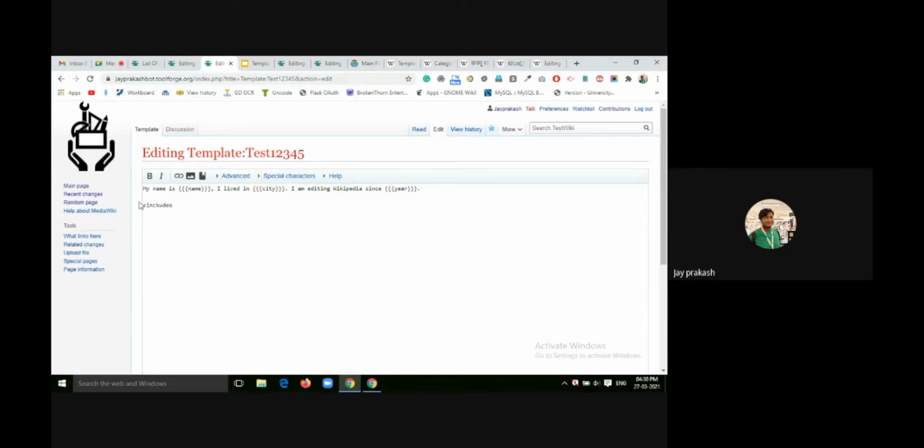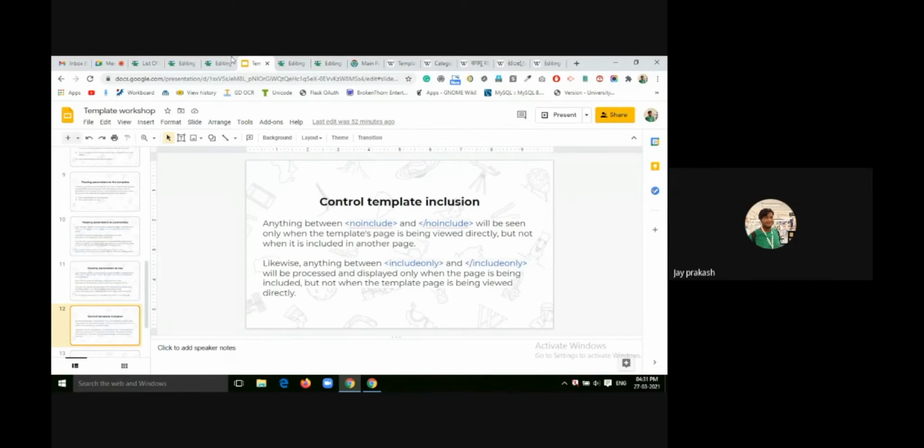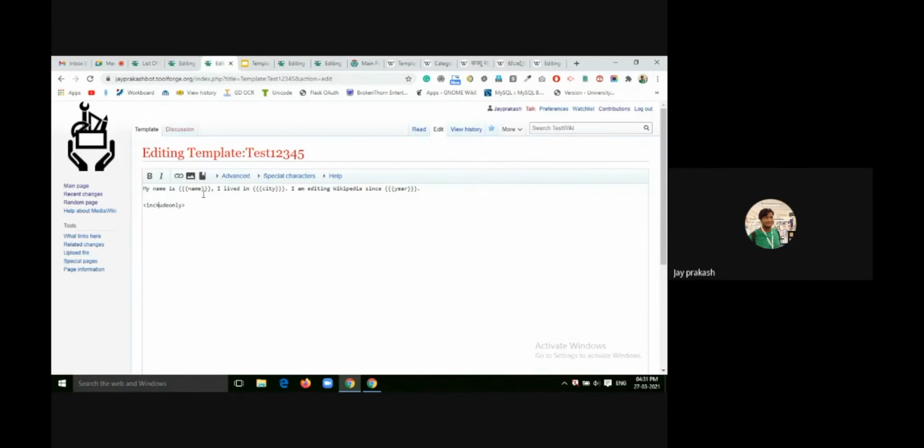So first is includeonly, and closing includeonly. So if I put like category A, B, C, like that, the template of writing.